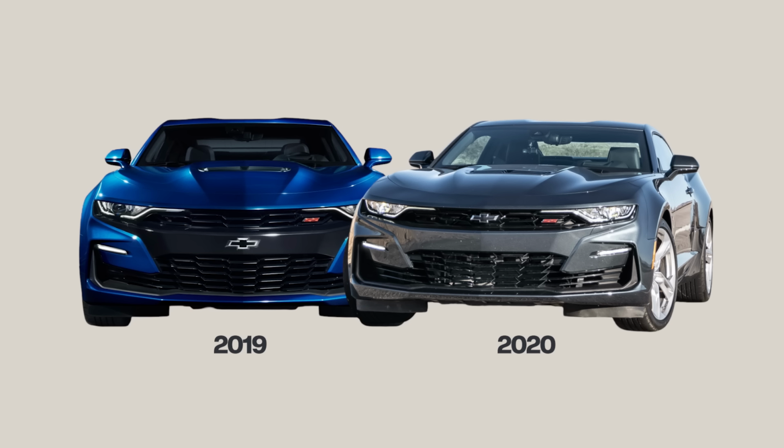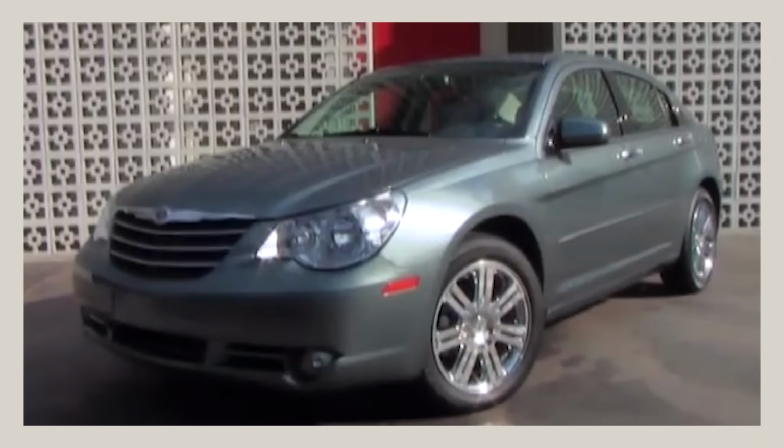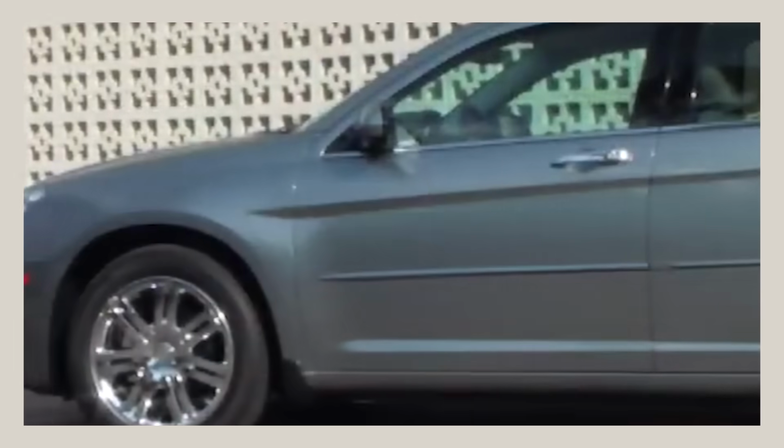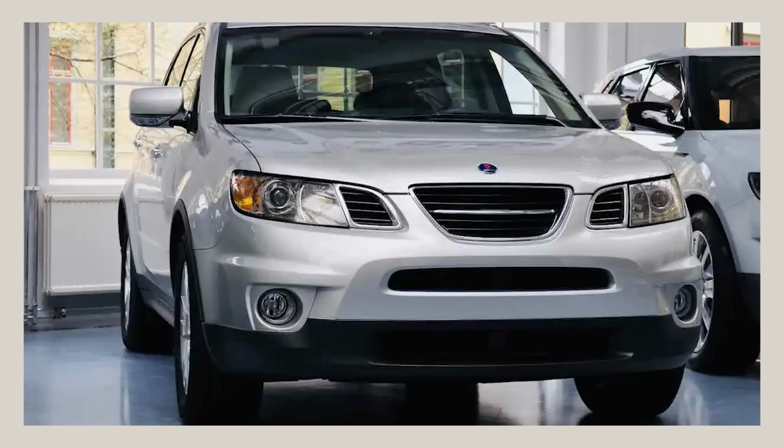Other emergency facelifts include the likes of the 2020 Chevy Camaro SS or the Chrysler Sebring, which had gained such a toxic reputation around it that Chrysler decided to rename it to the 200. Then there's the B9 Tribeca, from Subaru once again. Just as a heads up, I will be showing a picture of it on the screen starting from now. The Tribeca was updated after just 2 years by incorporating the body panels from the cancelled Saab 96X, which was to be a rebadged version of the original B9. Speaking of cancelled,